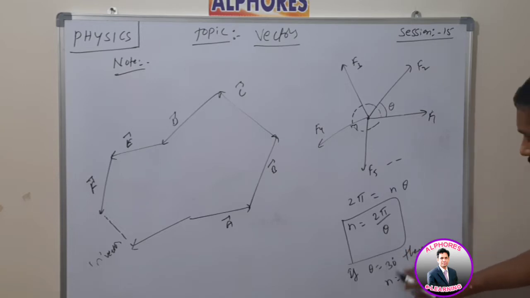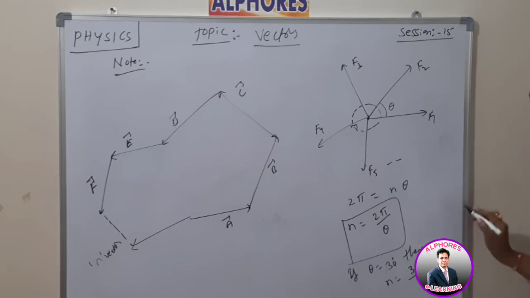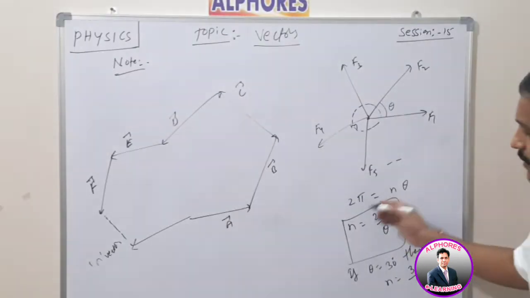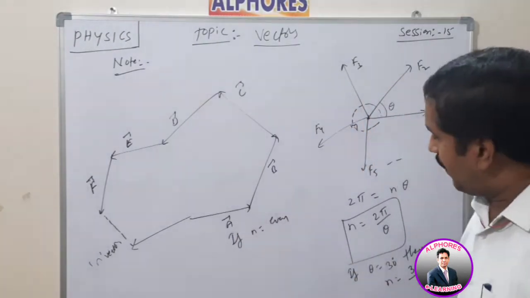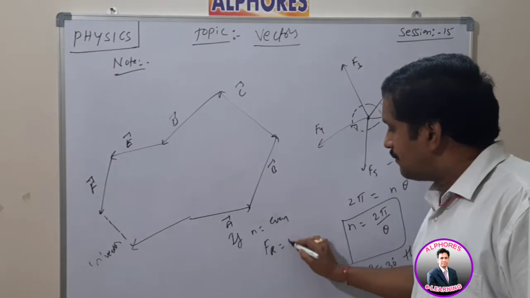2 pi means 360 degrees. 360 degrees by 30 is equal to 12. That means if n is even, then what is the resultant here? 0. Why? Because